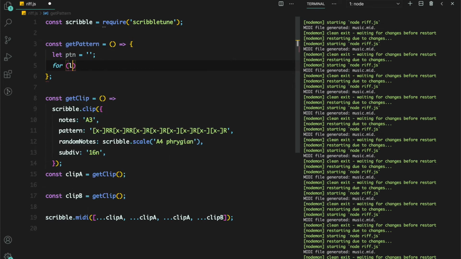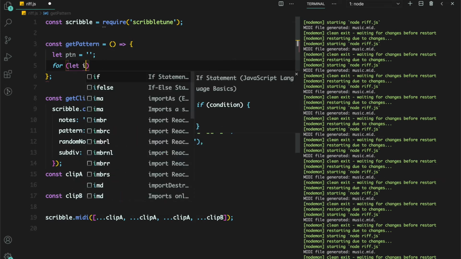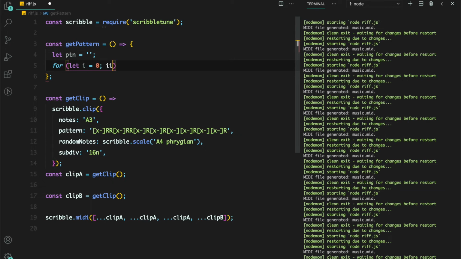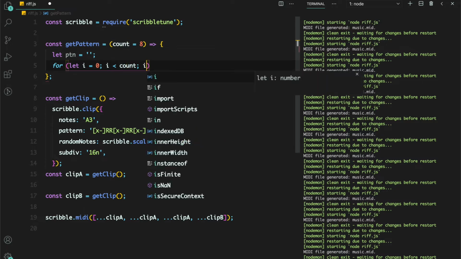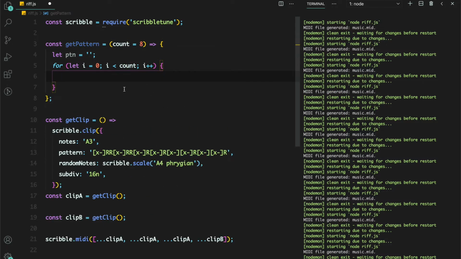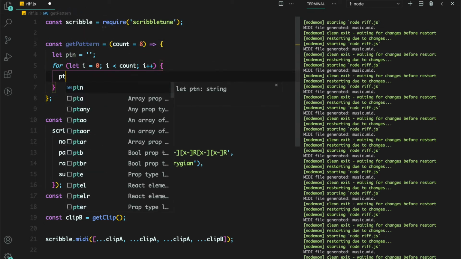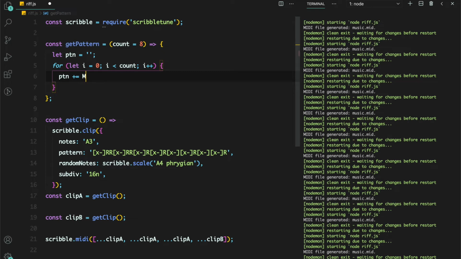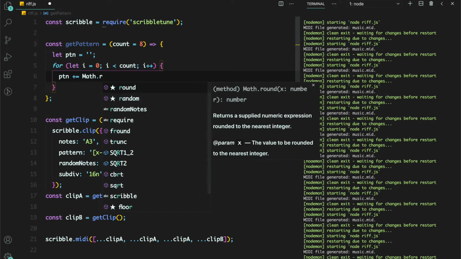We'll do a for loop that goes over maybe 8 times, and this can obviously be made dynamic by passing an input over here, like count, and we can set its default value to 8, and we can use that count over here and then increment i like this. For each iteration we can just increment this pattern like this, pattern plus equals, and we can randomly decide between,